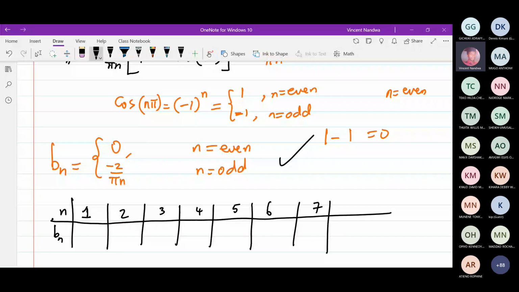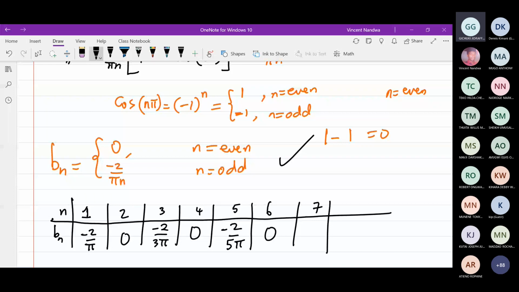When n is 4, 0. When n is 5, -2 over 5 pi, correct. When n is 6, 0. When n is 7, -2 over 7 pi. And actually, you can extend this list, but these are enough to make us get the final answer. So therefore,